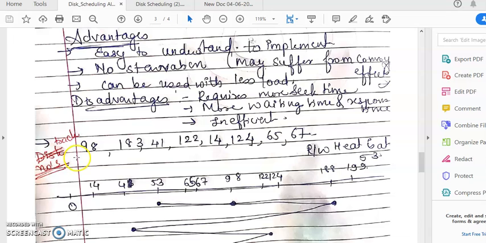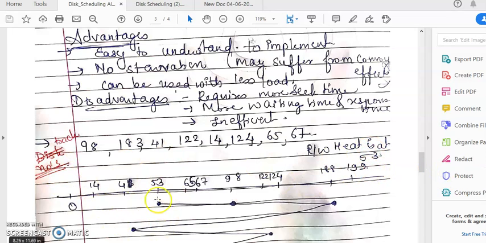As the name suggests, first come, first serve. The request which has come first will be served first. By default, the read write head is at 53. So from 53, it has to move to the next IO request. In the exam, if they have not provided the read write head position, you can take it by default, but majorly they provide you with the default read write head. So right now it is 53.